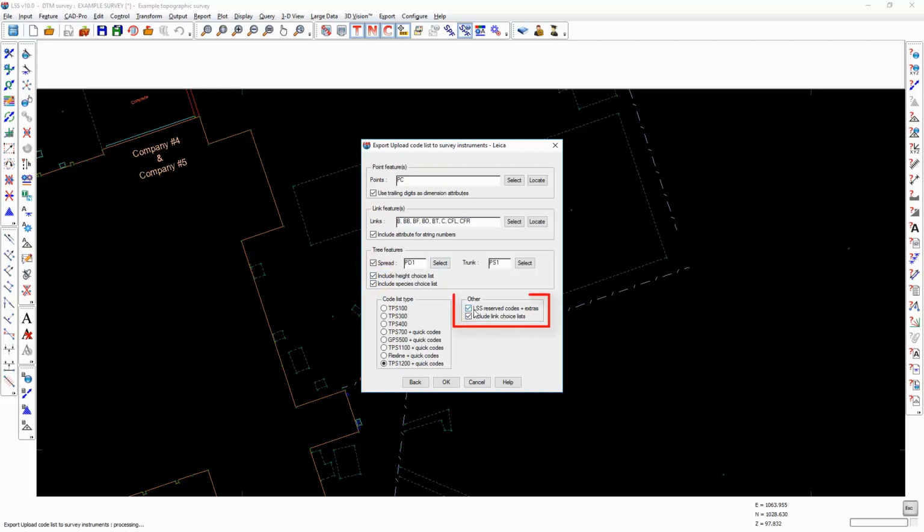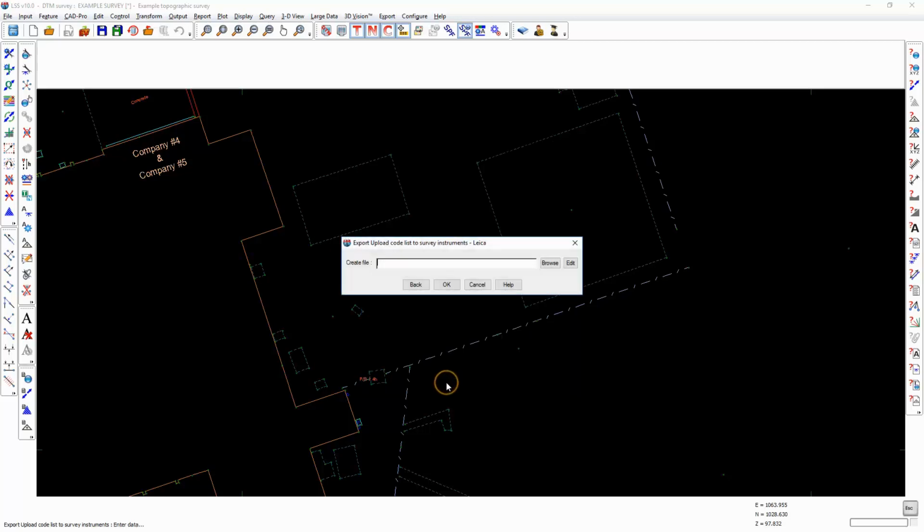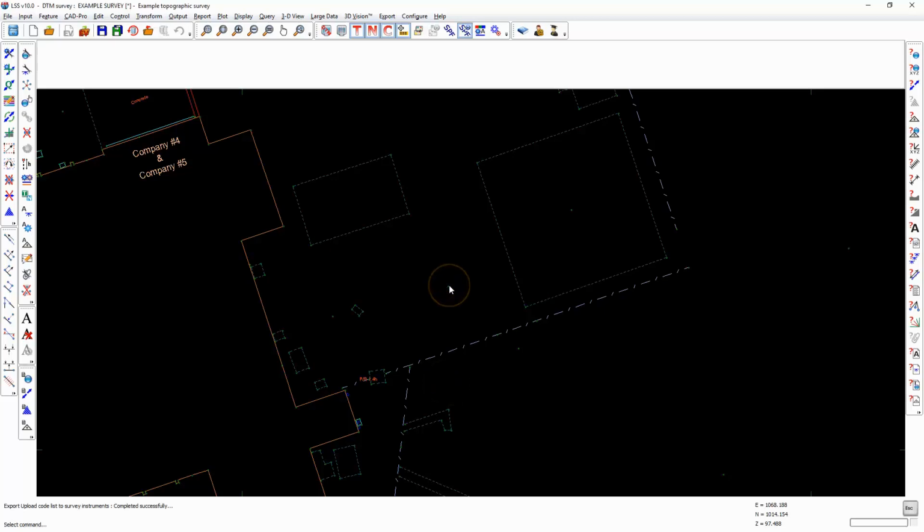We can also include any reserved code such as -rec, -so, etc. in that code list. As soon as we hit OK, it will ask us for the file name, and that has now created an IDX file, and the process there for Leica users will be to install GeoOffice,